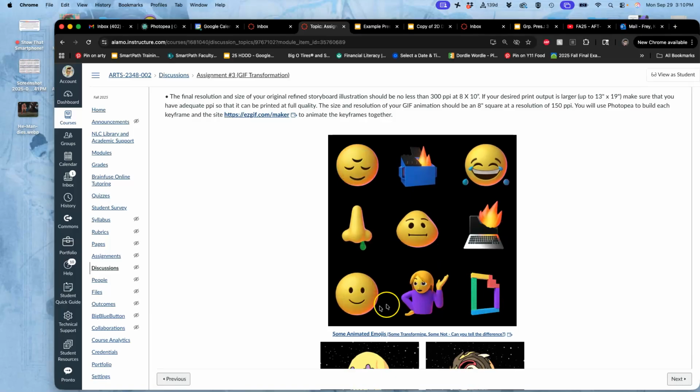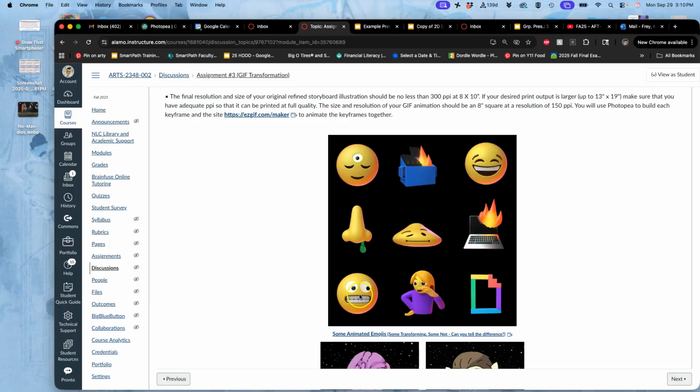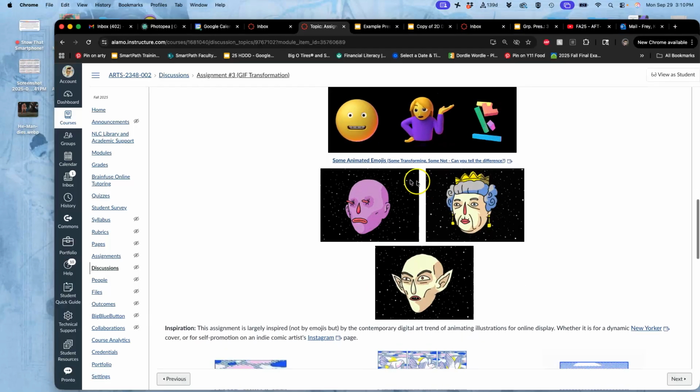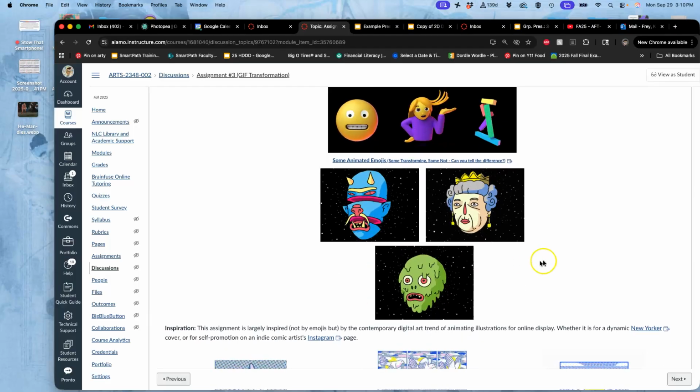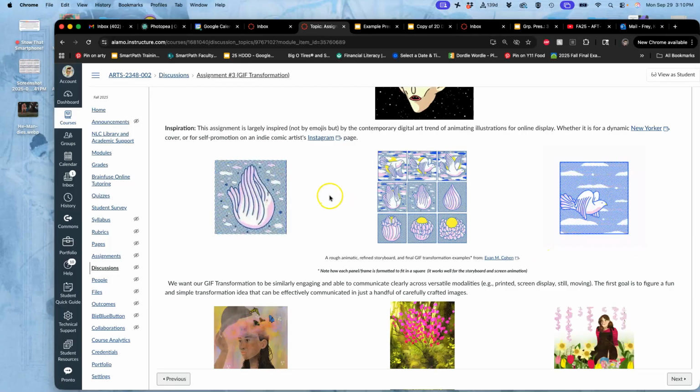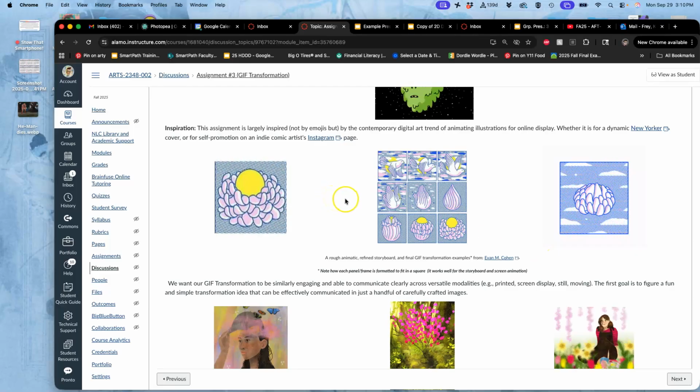All right. The trickier one is this one because it does look like the eyes totally change, but it's more just like a reveal of an expression. Okay. And then these are clearly transformations. These ones are a lot of fun. So this is who I was looking at when I designed this project. This is an artist